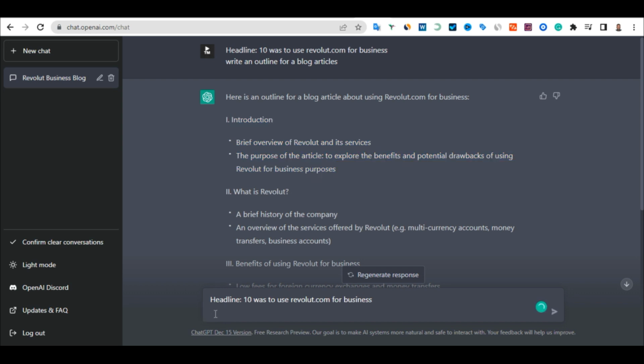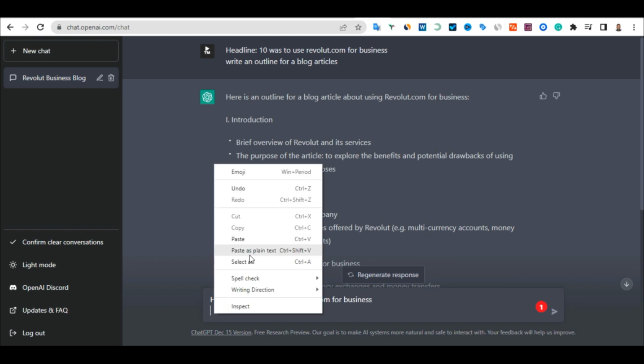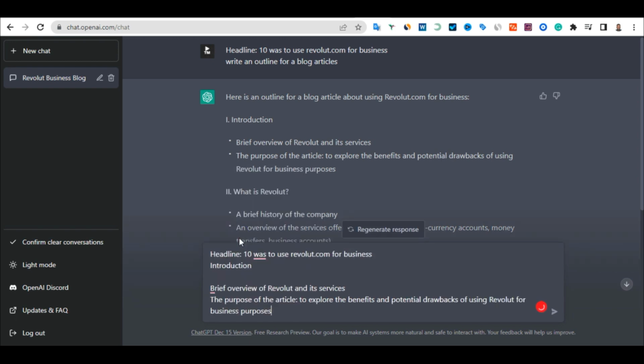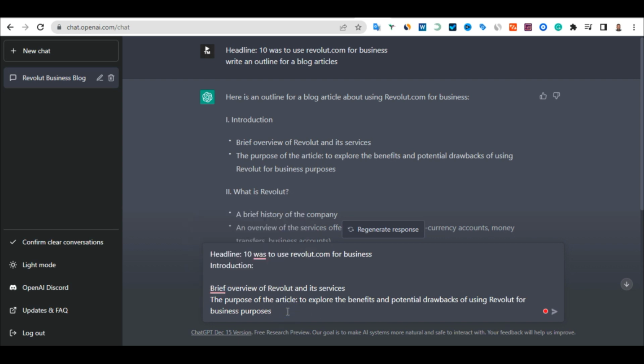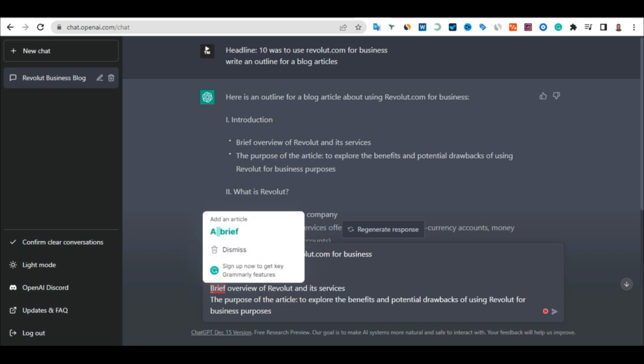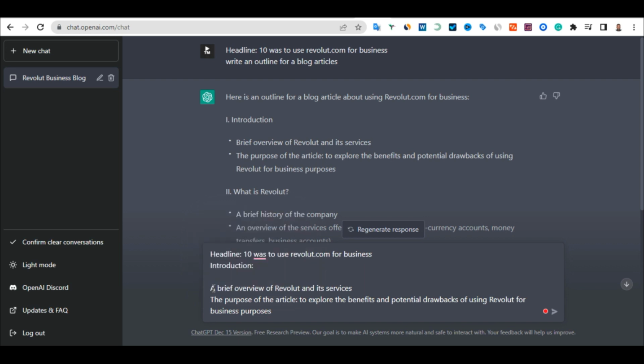But before you paste that, you can type in introduction, or if introduction is already there, it is okay. You can just paste it there like this. Once you paste it, it is okay. Here in introduction, you can put something at the front. So what you have to do is put a brief. Here, I will just do something very simple.